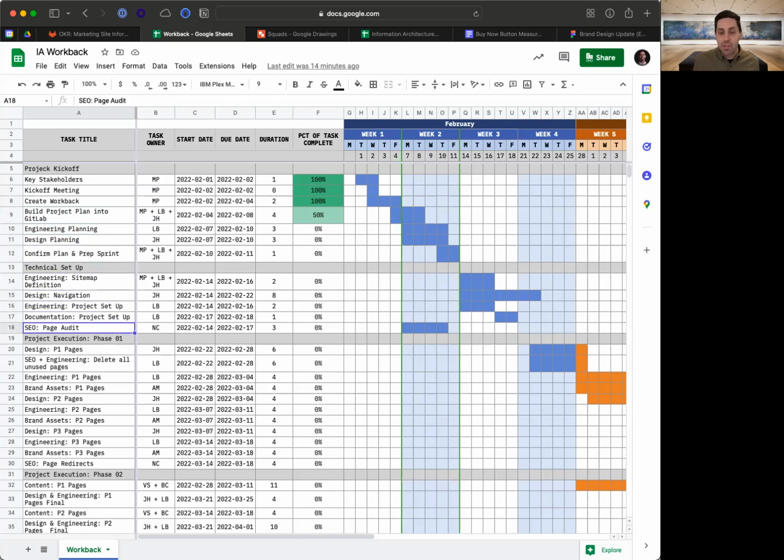This week, SEO has been doing a page audit so we can get some data from their point of view to pair with our Google Analytics data to make decisions going forward. We're going to have our sitemap fully defined and plan to execute on. Product design is going to start working on the new navigation. Engineering is going to get the project set up to roll. We're going to set up project documentation. So as we go along, we're documenting things. That's next sprint here. And then the following week in that sprint, we're going to start to design the P1